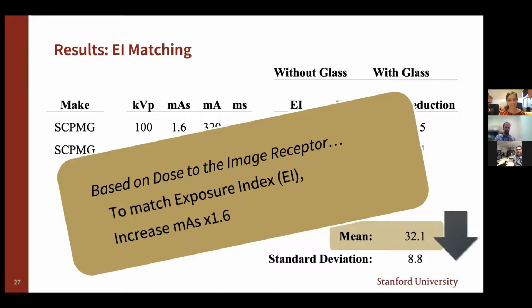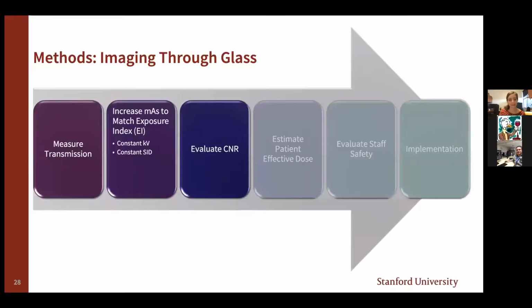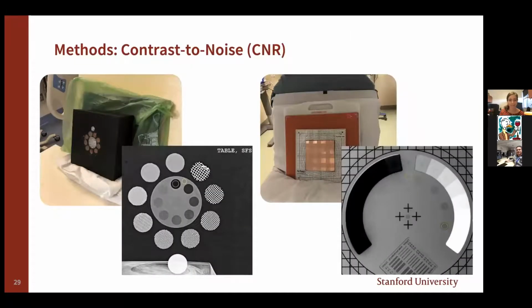Okay, so moving along. Then of course you've got to look at image quality, because you can't just be filtering beams without seeing if the images are still diagnostic. There's no standard radiographic image quality phantom. We just, for this study, looked at the contrast to noise ratio,